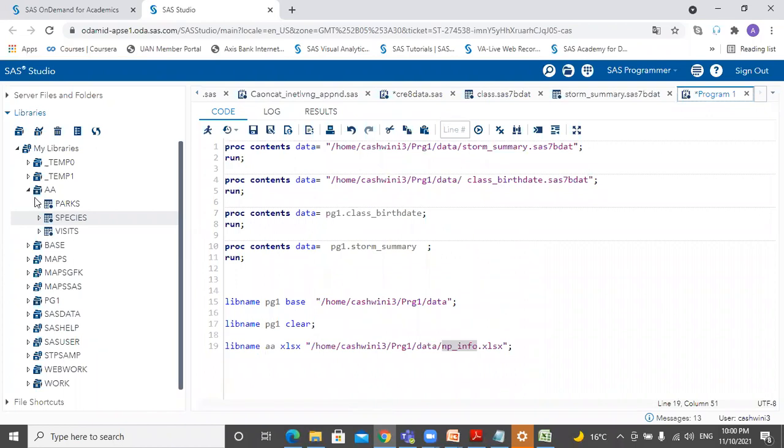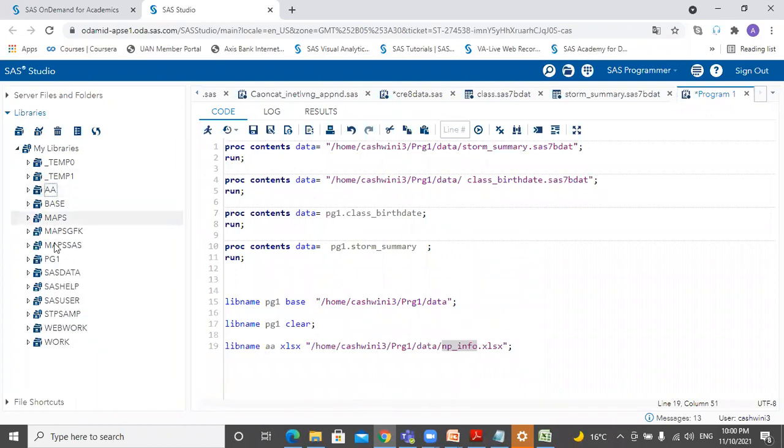All right. So see, in our libraries, we already have some predefined libraries as well. Correct? And you have this work library. So make a note. Whenever we start our session, SAS provides us two libraries to be used. One is the work library and one is the SAS help library.